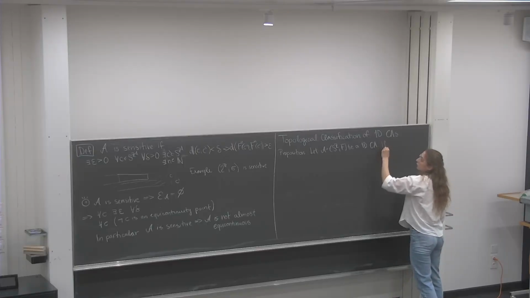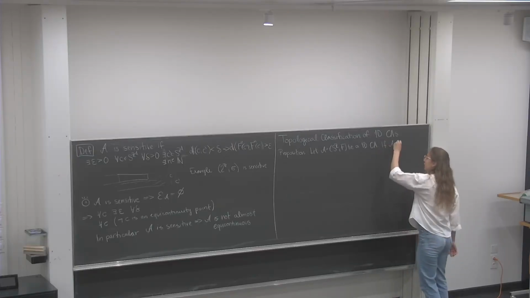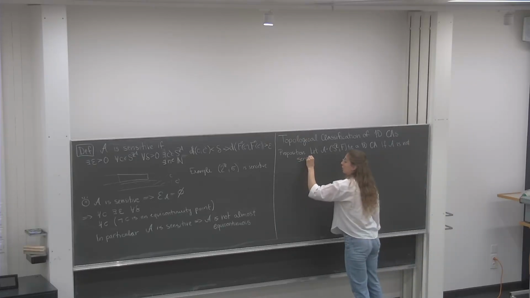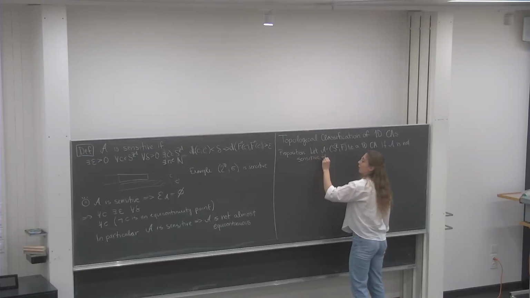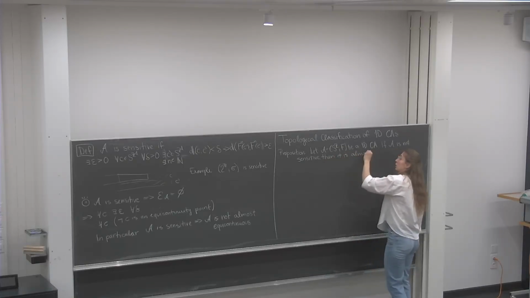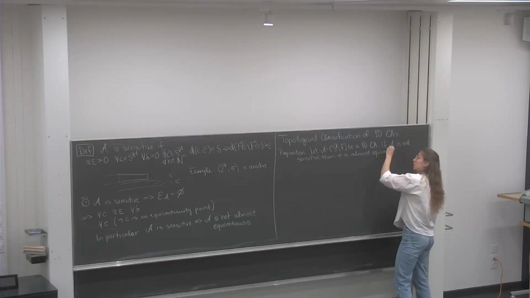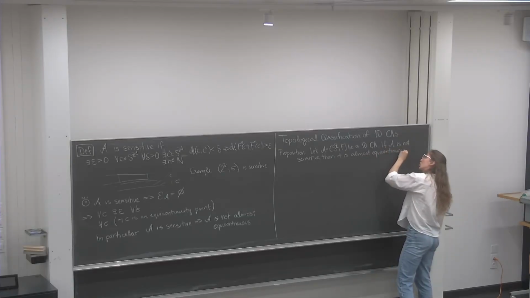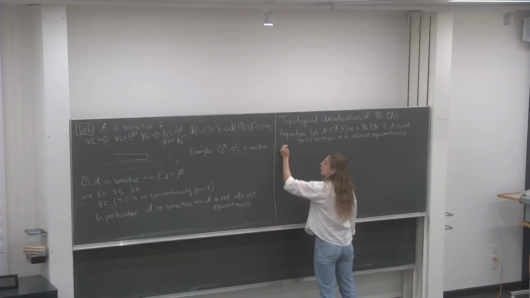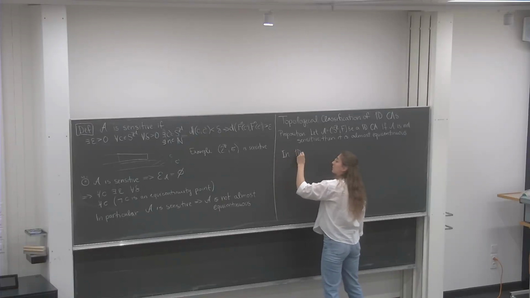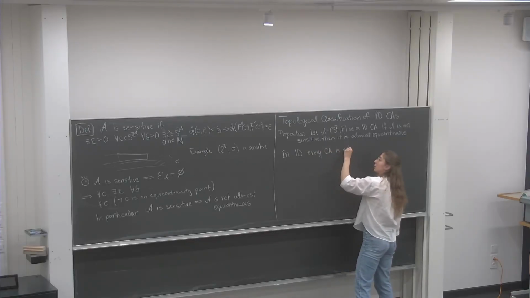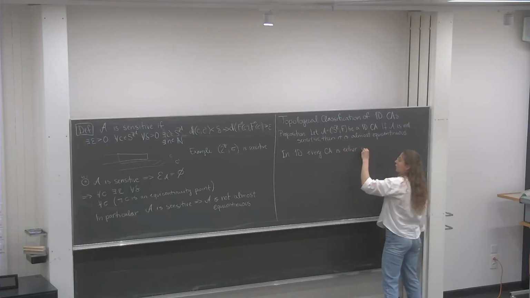Then if A is not sensitive, then it is almost equicontinuous. So what this means is that in 1D, every CA is either sensitive, or let's say, either almost equicontinuous,